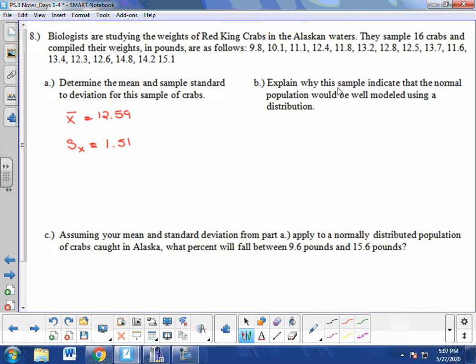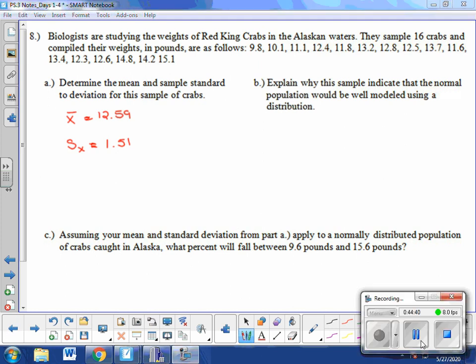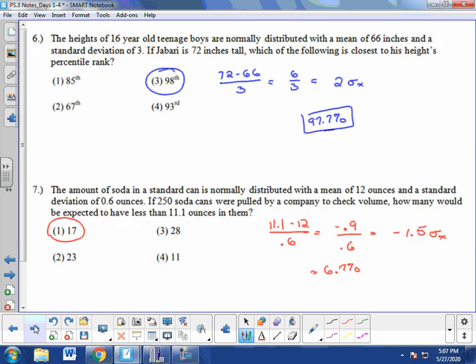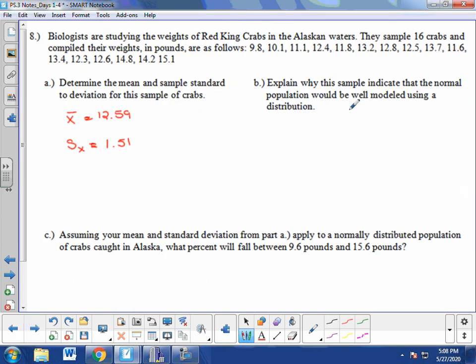So part B now says explain why this sample indicates that the normal population would be well modeled using a normal distribution. Well, what we can do here is take a look at standard deviations from the mean. If I back up a couple slides, in 4A and B, we looked at what percent of data is within one standard deviation of the mean and what percent of data is within two standard deviations of the mean. So if we want to check if this sample is going to be close to the normal distribution of a population, what we can do is figure out